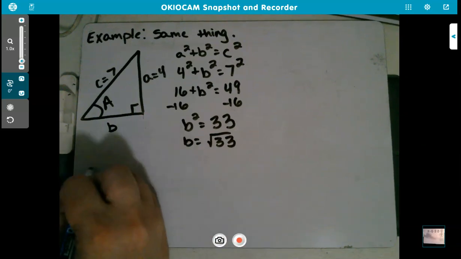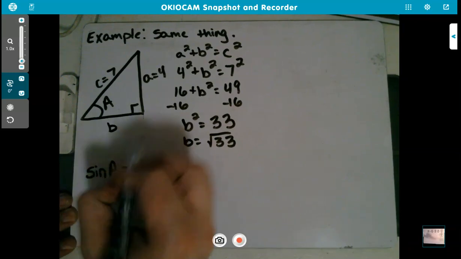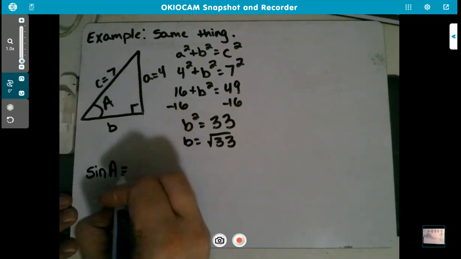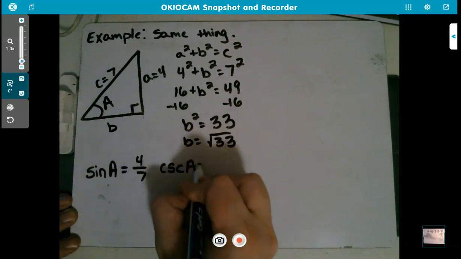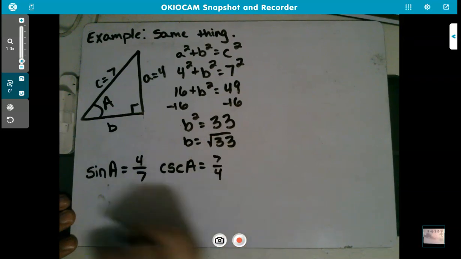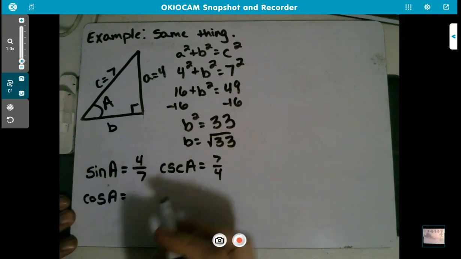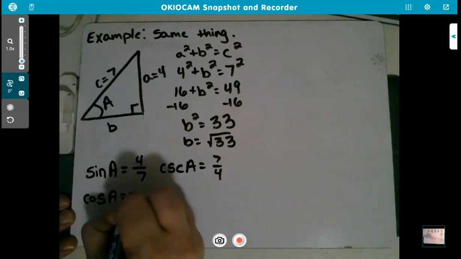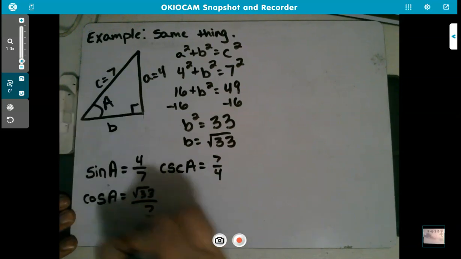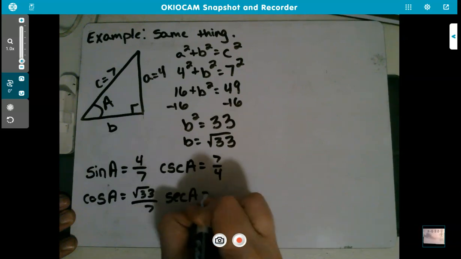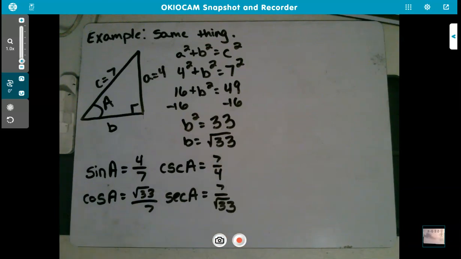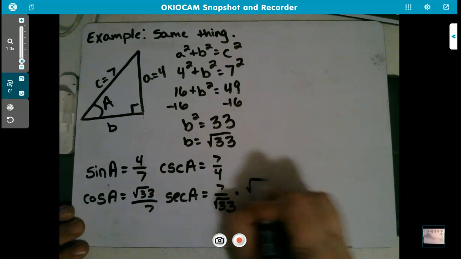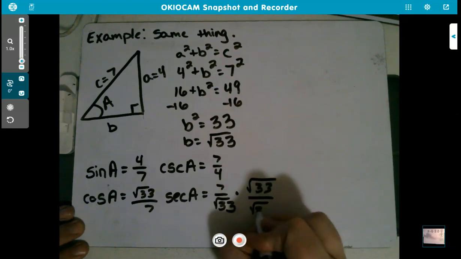So now let's find the trig values of A. So sine of A, remember, is opposite over hypotenuse. So 4 over 7. Cosecant is going to just be that flipped, so 7 over 4. Cosine of A is going to be adjacent over hypotenuse, so square root of 33 over 7, and secant of that is just going to be cosine flipped. So 7 over the square root of 33, but remember, technically, we do not like having a square root in the denominator, and so we're going to multiply that by the square root of 33 over the square root of 33 to get